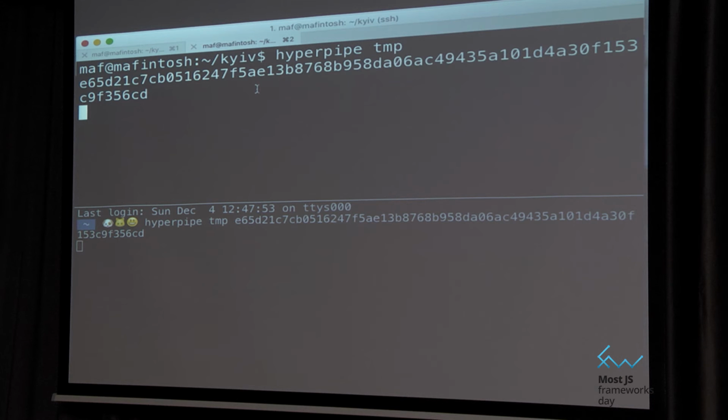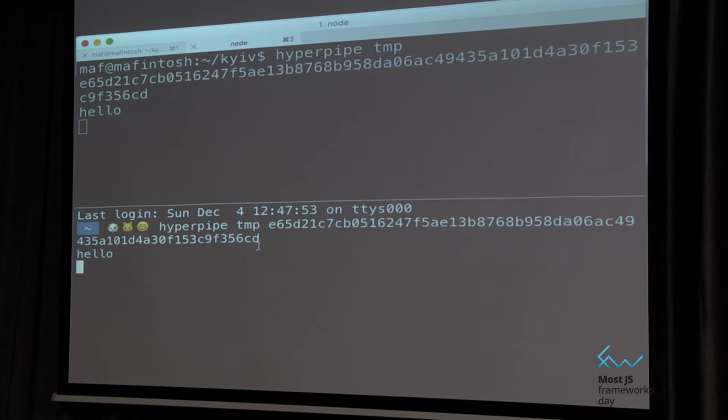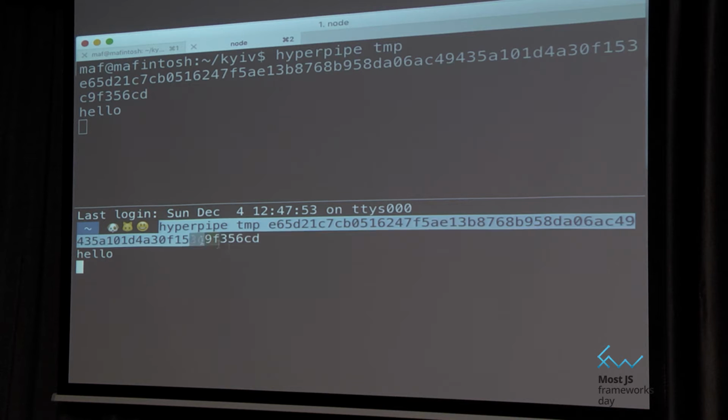And then everything you write to the first pipe gets replicated down to the second pipe. It is two different computers, actually. This computer up there is running in Amsterdam, and this one down there is just my own computer. And you can do this on as many computers as you want.